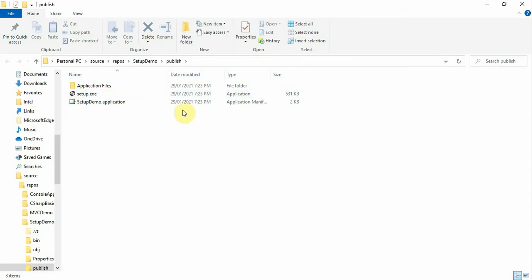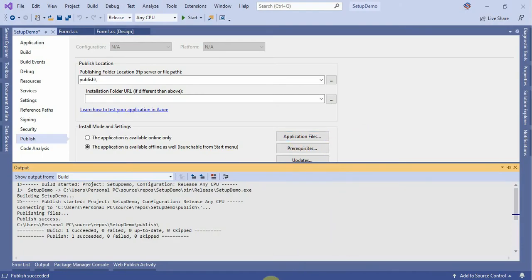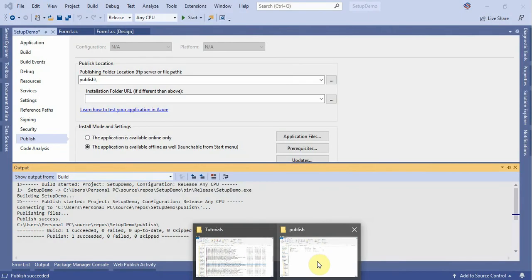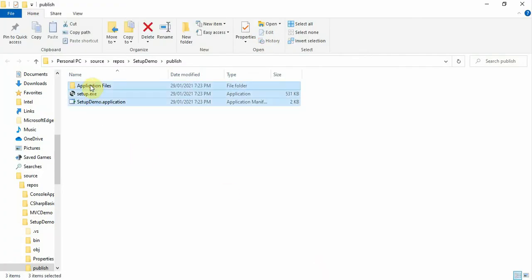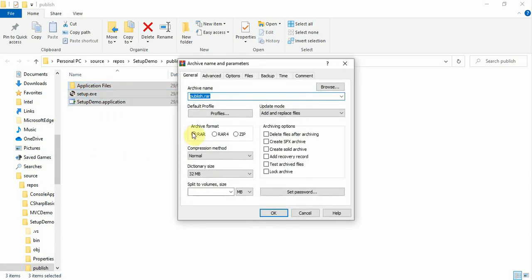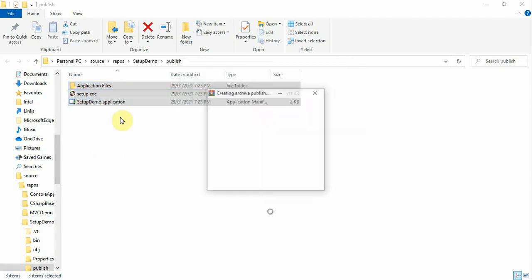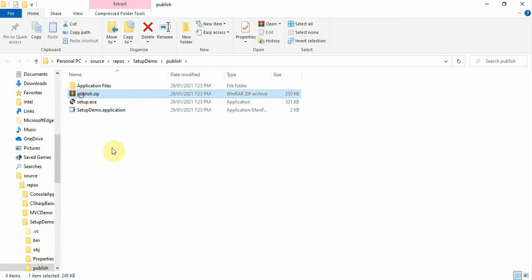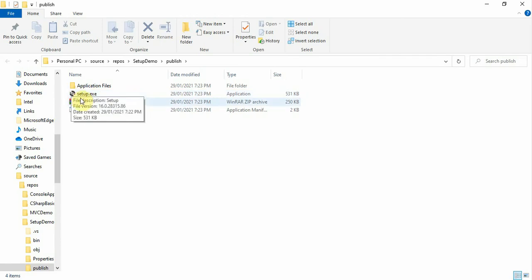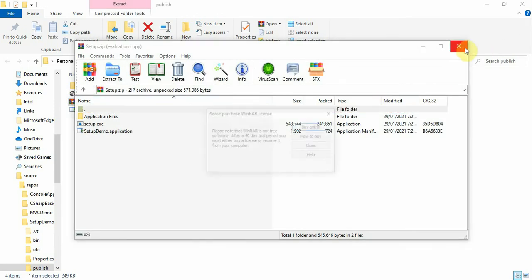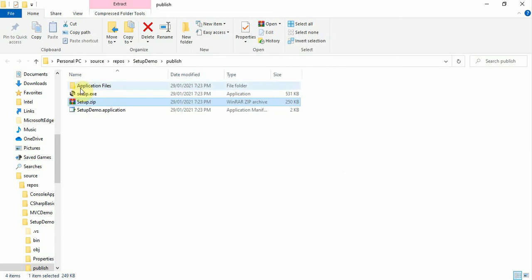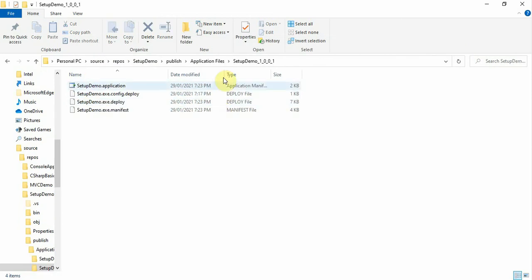So here you see the same type of files will be created. So this is the exe file, and the method is called ClickOnce. The ClickOnce method is provided by Visual Studio by default. So now select these files. These three files are your setup files. Now click here and click on add to archive and name it setup. Okay, so this is your publish. Or click here, change the name to setup. So here you see these three files are located here. So your publish files are here, meaning there are two versions.